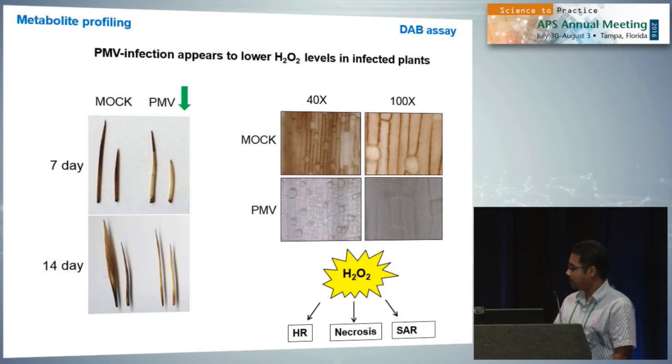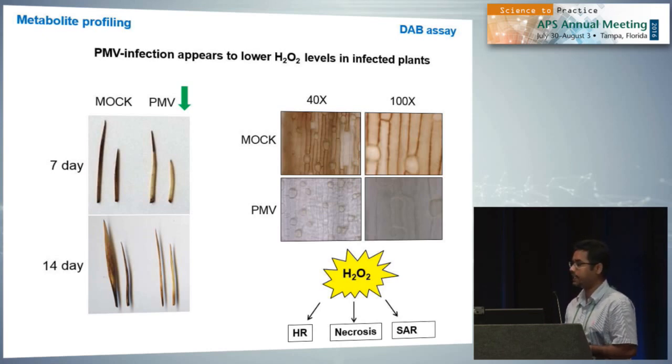Basically, even if you zoom into the Brachypodium leaves at the cellular level, we saw that most of the hydrogen peroxide in a healthy plant was at the cell wall or cell membrane, which is what we saw significantly downregulated. Now, what is the significance of a downregulation of hydrogen peroxide in PMV infection is a question